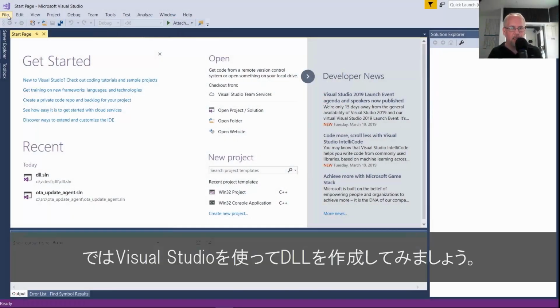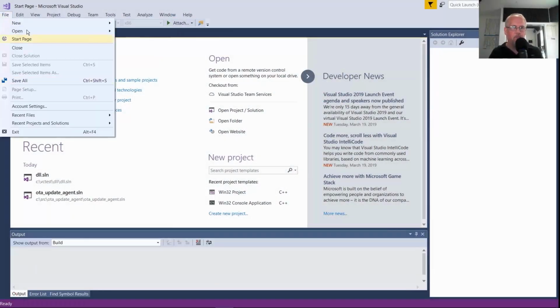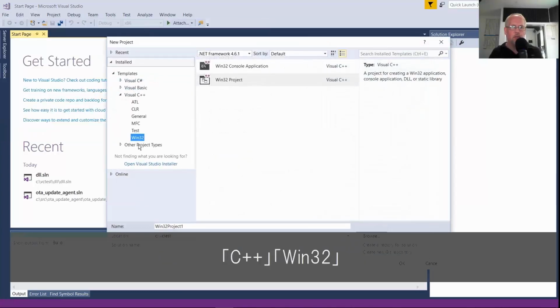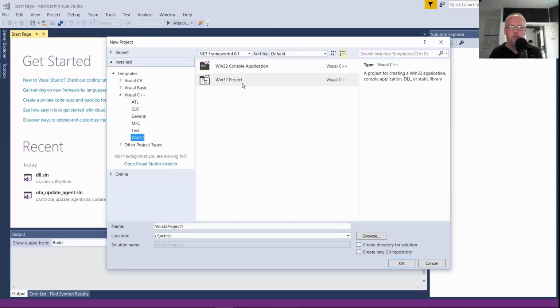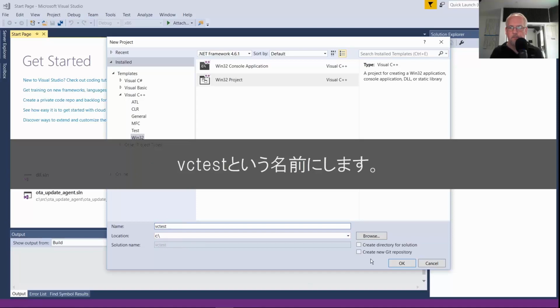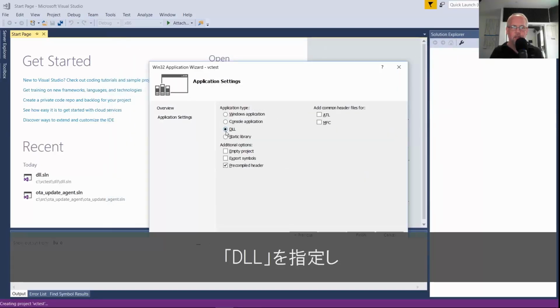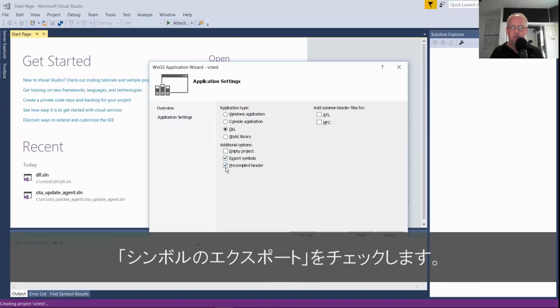So we're going to create a DLL using Visual Studio. So new project, Visual C++, Win32, Win32 project. I'll put it in the root directory and call it VC test. We need to tell it that it's a DLL and that we want to export symbols.